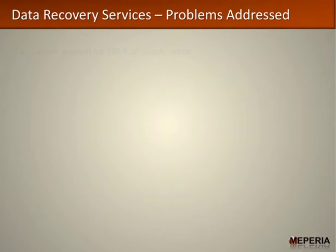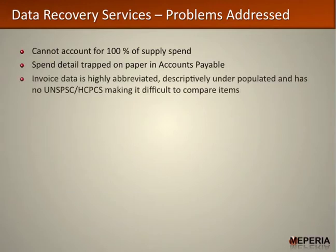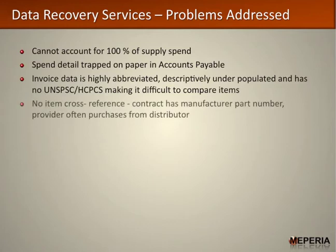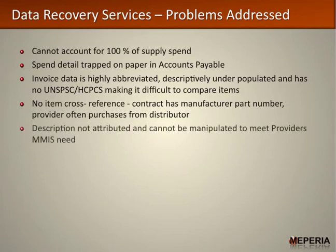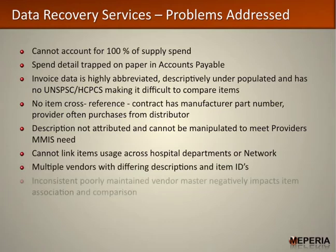Problems addressed. Providers cannot account for 100% of supply spend. Valuable PPI spend detail is trapped on paper in accounts payable. Invoice data is highly abbreviated, descriptively underpopulated, and has no UNSPSC or HIPIC codes, making it difficult to compare items. There is no item cross-reference, as the contract has manufacturer part numbers. However, the provider is buying from the distributor. Descriptions are not attributed and cannot be manipulated to meet numerous MMIS requirements. Providers cannot link items typically used across a network or sometimes even across their hospital departments. Multiple vendors with differing descriptions and item IDs, and inconsistent, poorly maintained vendor masters negatively impacts item association and therefore